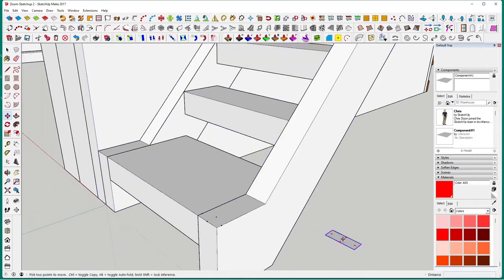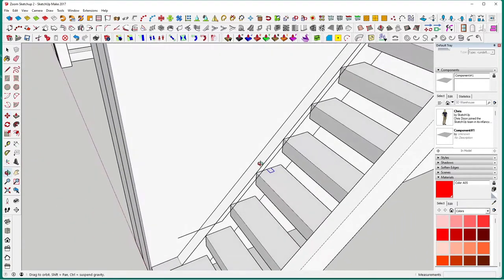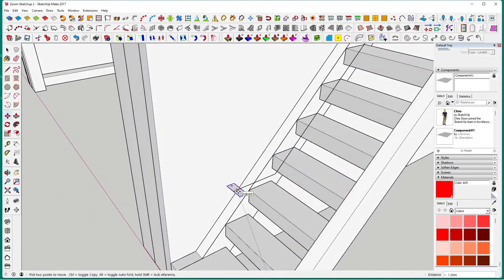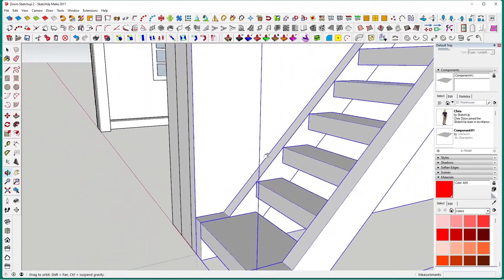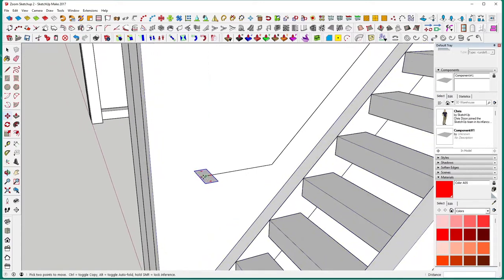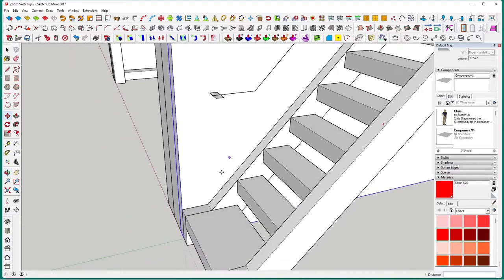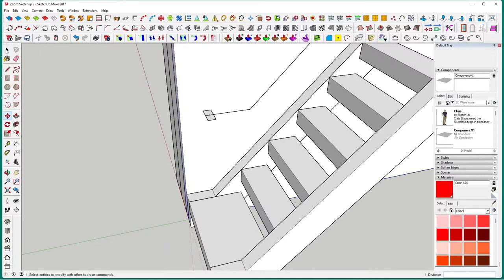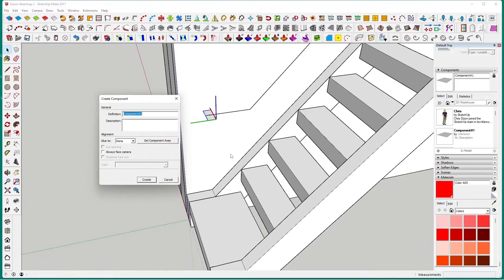So what we want to do is move it up to the end of our handrail. So this will be, move it along a bit, I think, constrain it on the green. This will be our first spindle. So then we want to right click, make component, and we'll call this stair